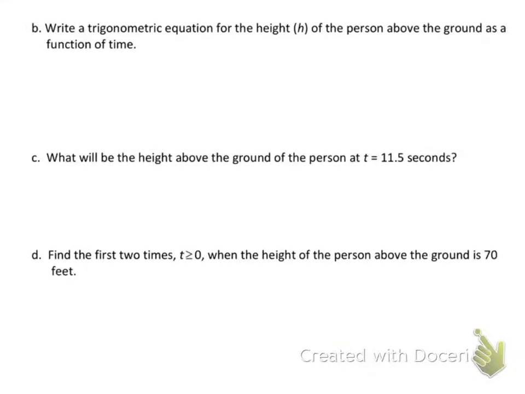It's below. Alright, so write a trig equation for the height h of a person above the ground as a function of time. So we need to figure out our amplitude and our period. So amplitude is your max minus your min divided by 2, which is 30. And our period is 2 times 4. And I got that because from 3 to 7 we have 4, and we multiply it by 2 because we only had half above. So this is my period, so we have 8